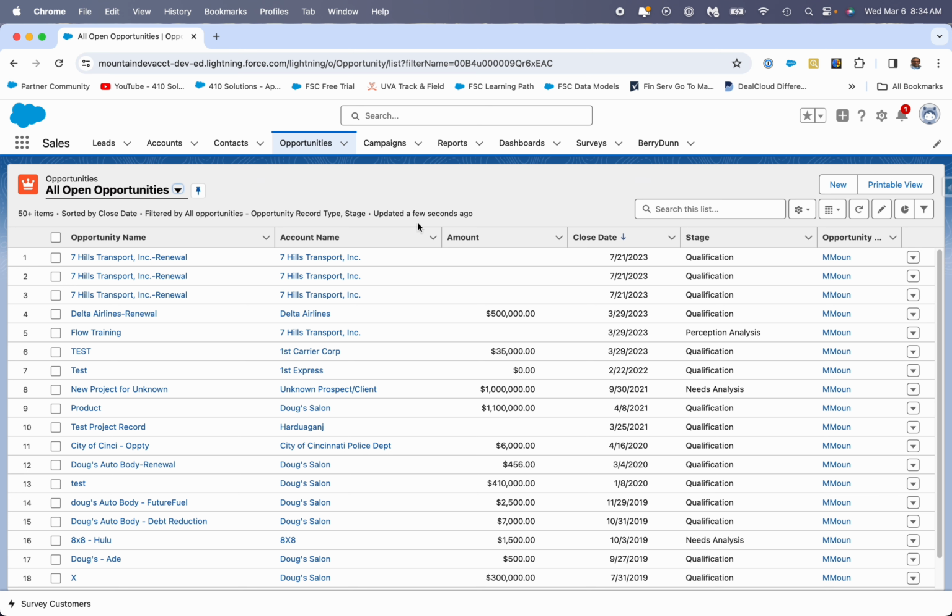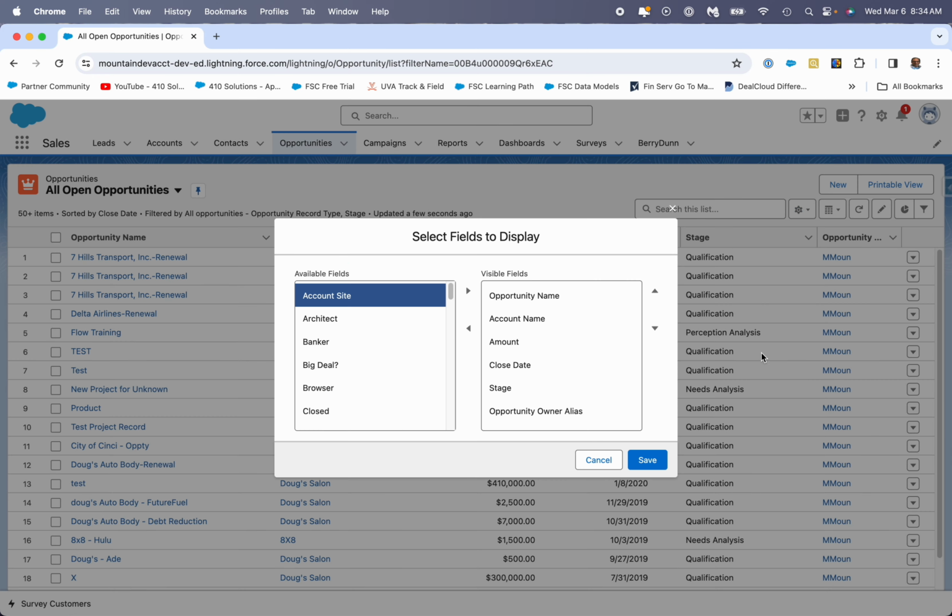Now, I can also go in and modify the fields. Let's say I want to add some new fields to this view. To do that, you come in here and you click on the gear and you click on Select Fields to Display. At this point, I can just pick other fields that I want.